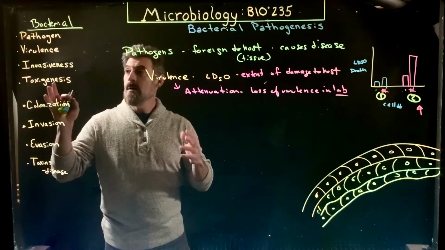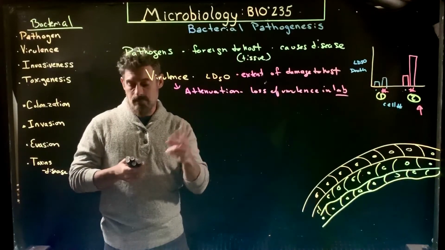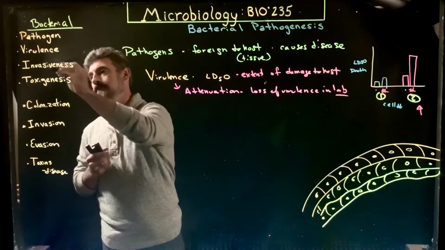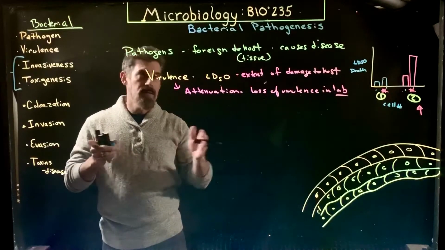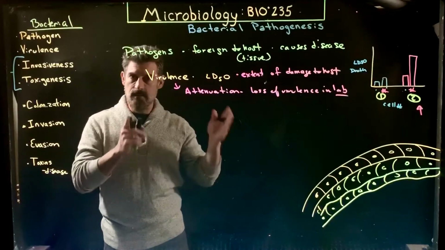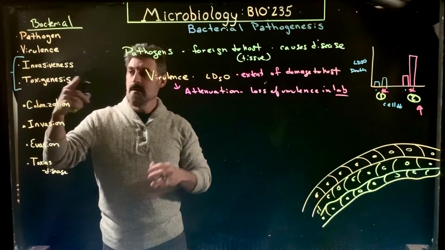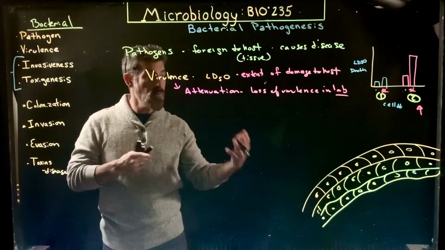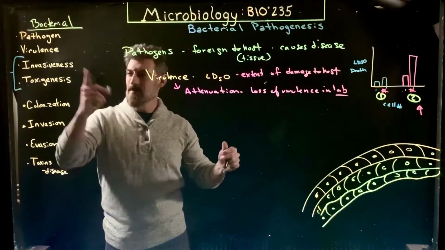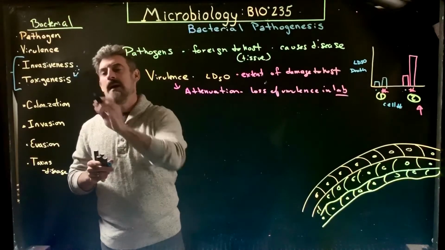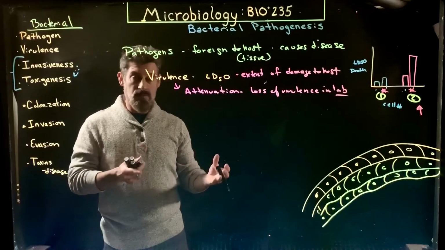So, for bacteria to infect the host, there are really two major things going on here. And we're going to break these down into some subcategories as well. I'll break this whole thing down into at least two different short lectures so it doesn't get too long. We're going to talk about invasiveness, how they get into the host tissues, how they then multiply in the host tissues, and that bridges the gap to the next one, how they start to cause damage of the host tissue. Then we get into the toxogenesis part, or the actual disease and damage part.